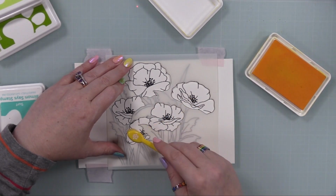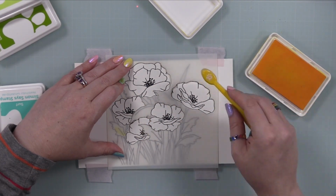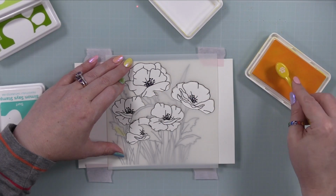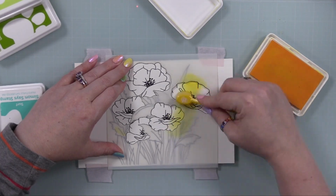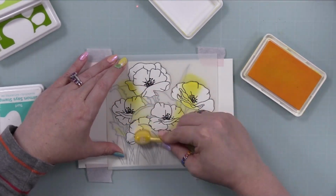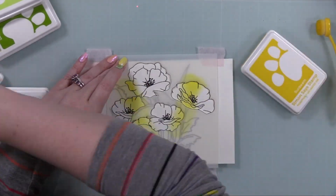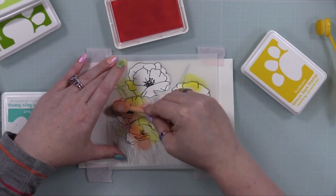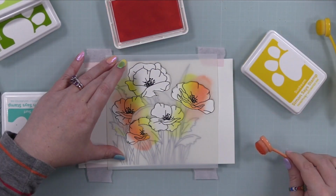And then I had to sit and think for a minute, because since I wanted to do rainbow colors, I was like, oh, I need the rainbow of colors on both sides. So it took me a minute. This was sped up in editing, but it took me about a minute or so to figure out where I need to start. And my go-to when it comes to applying inks, when I'm doing rainbow order,